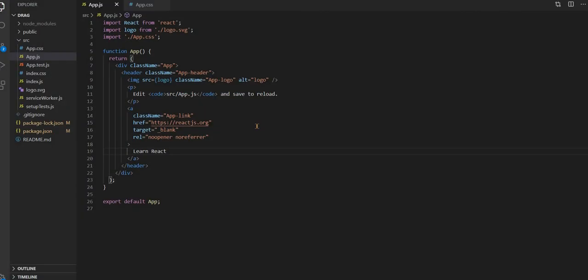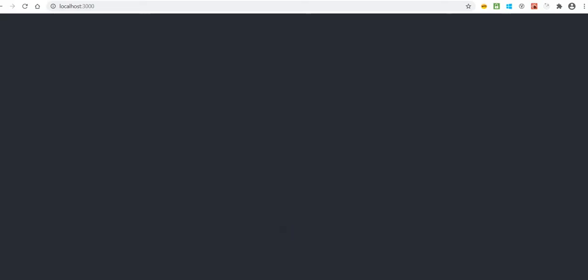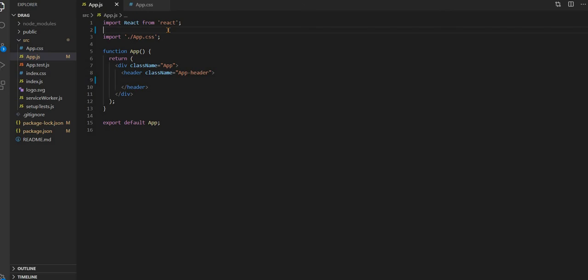So this is the initial boilerplate. Let's remove some code as we don't want it, just removing this one and the logo as well. We have our app running. I believe you have some idea about how we can install the dependencies. We have installed React Dropzone. Just go into the terminal and type npm install react-dropzone so that you will have access to that hook. I have already installed it, so I don't want to install it again.